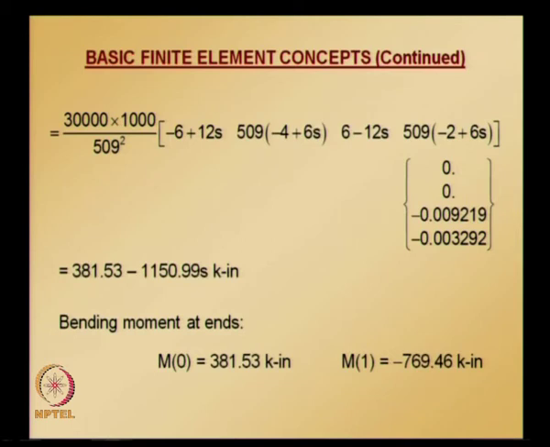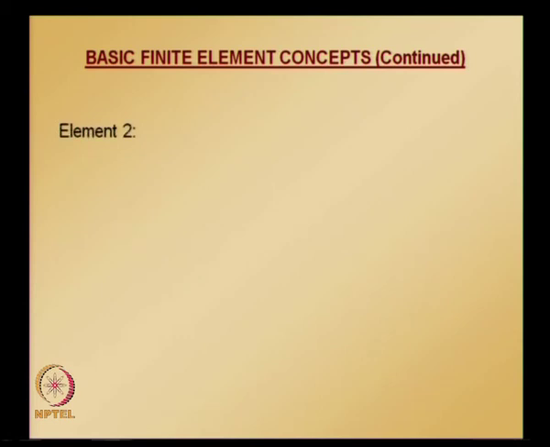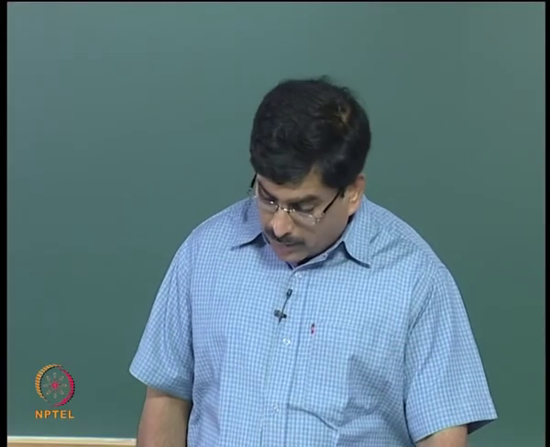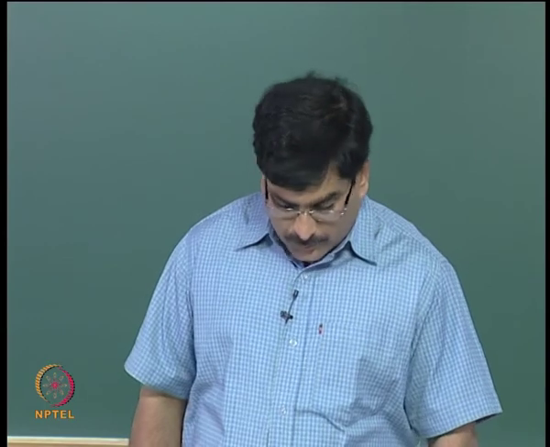Similar calculations we can repeat for element 2, only thing is we need to take corresponding degrees of freedom for element 2, the nodal values at element ends, and the transformation matrix here is identity matrix. So local nodal values will be same as nodal values in the global coordinate system. Using these nodal values, we can calculate axial force,